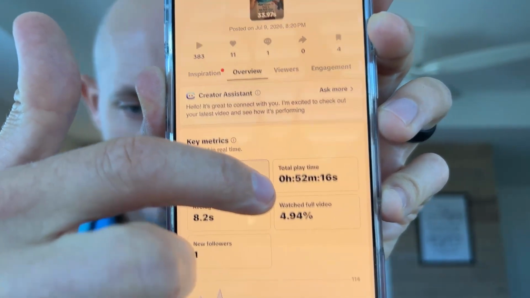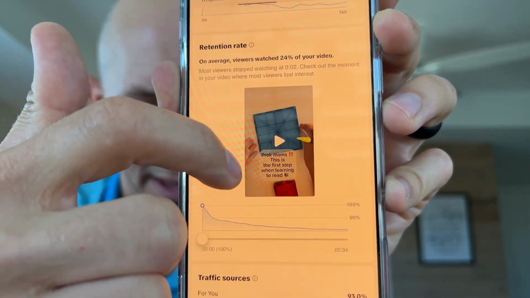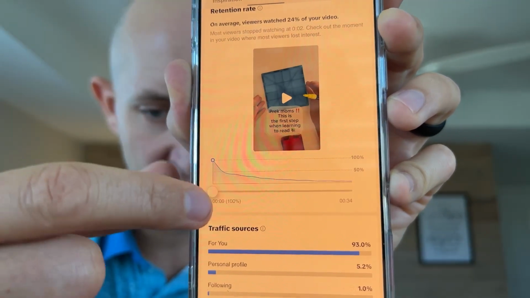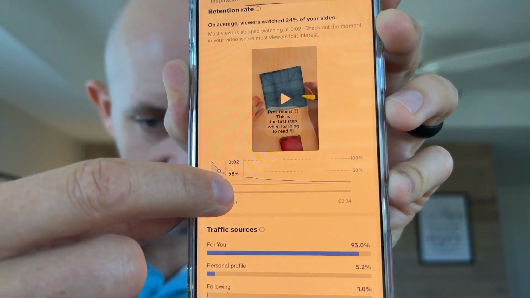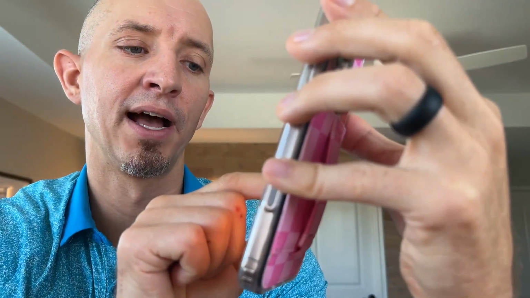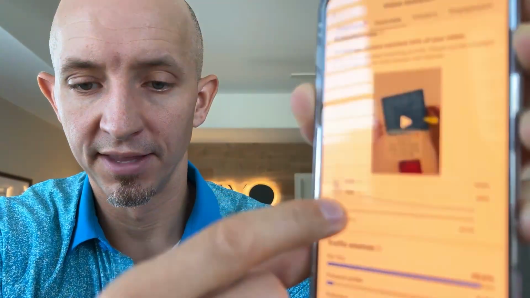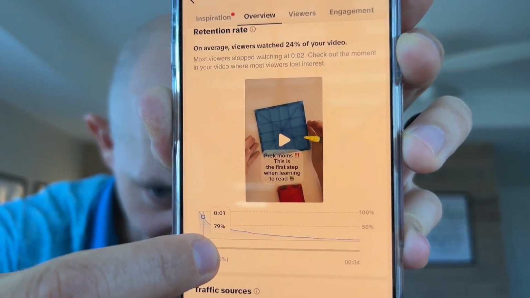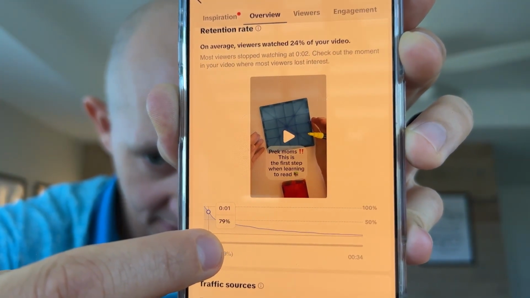Under those analytics, you're going to see the video. And then guess what? You can go by every second in the video and see what your engagement rate is. So what do I have here? At 2 seconds, this one's not bad. I had a 58% engagement rate after 2 seconds.